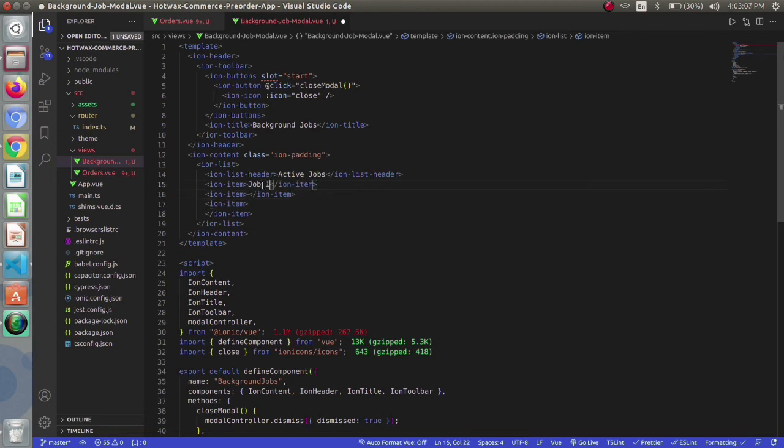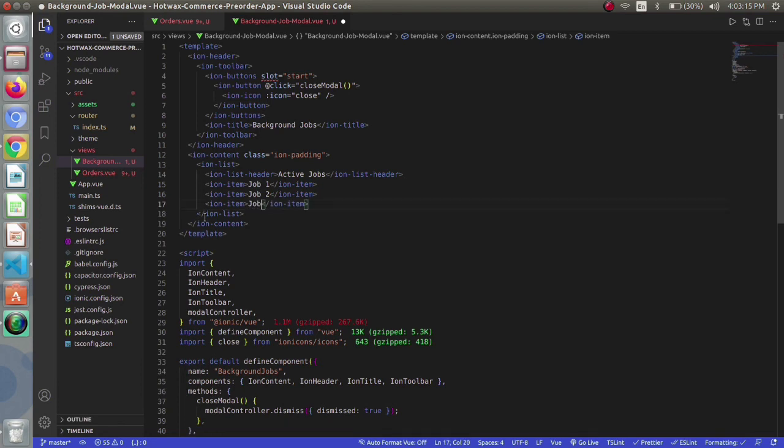Give it the name job 2, then job 3 or whatever you want according to your requirement.